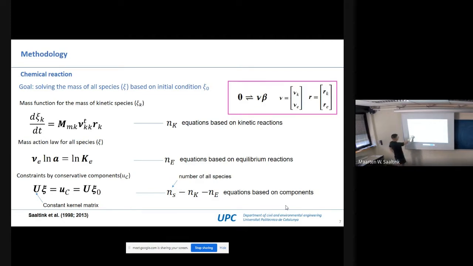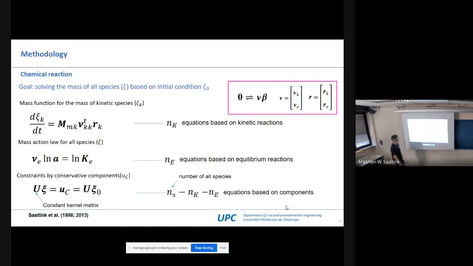This equation is a mass action law, and this is activity. We can treat the activity as the concentration. Sometimes we assume the activity is equivalent to the concentration, and this is the equilibrium constant. Each reaction has an equilibrium constant, and we can find it from a database. If you search for equilibrium constants in Google, you will find the equilibrium constant